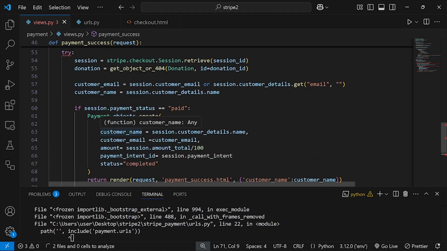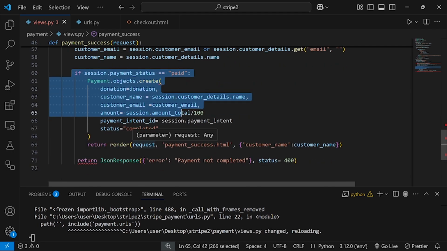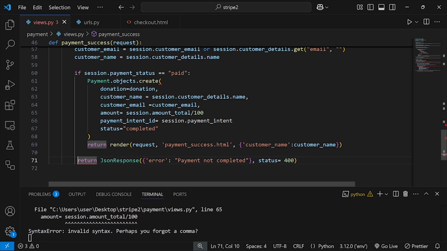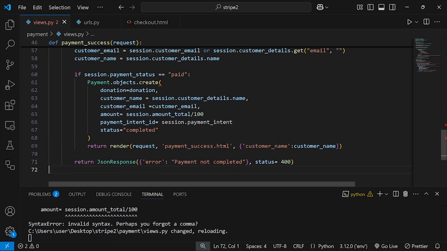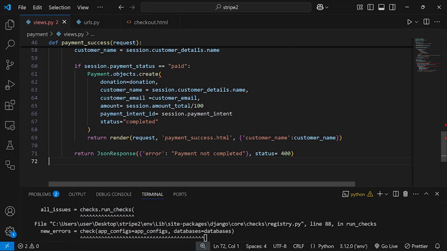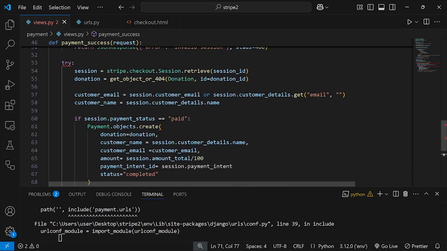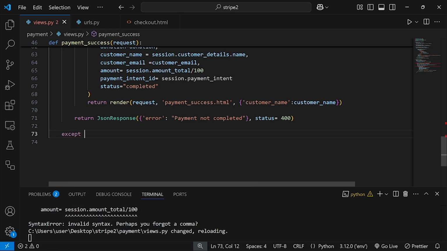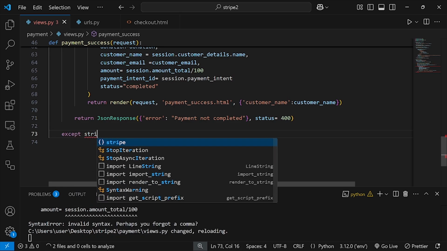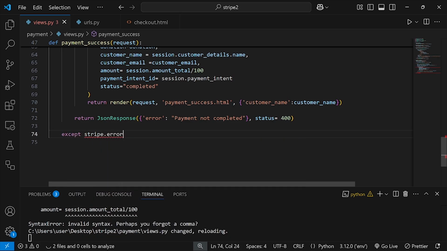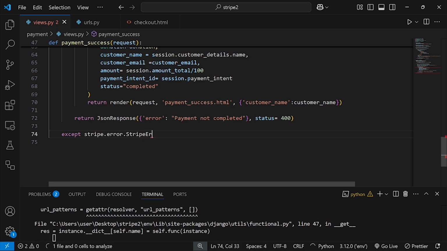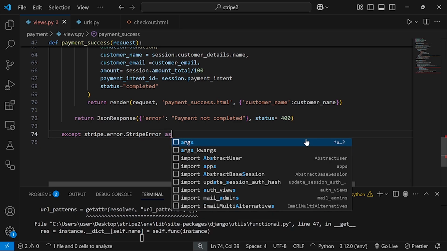So after you try, if everything is like this, then it should be like this, and s should bring out this payment. So the reason for the error is because of the indentation, like that. So then, except, we have used try there, so we have to use our exception now. So except stripe.error.StripeError as e,